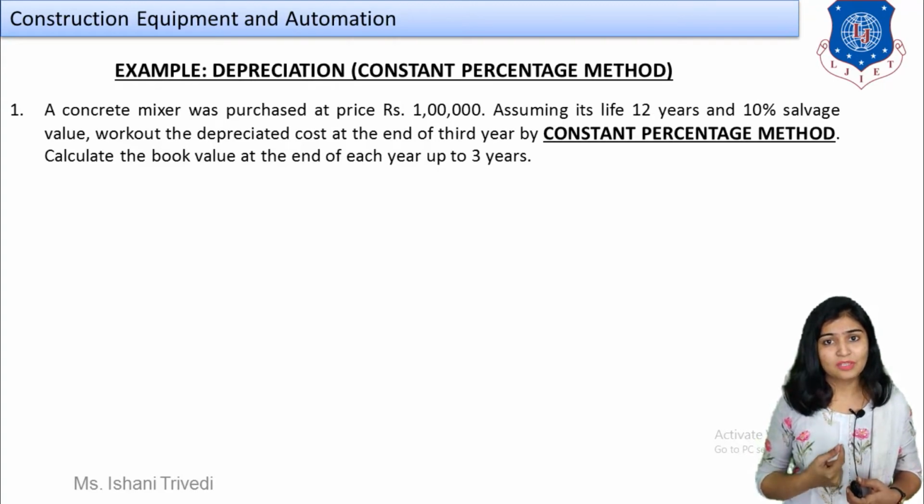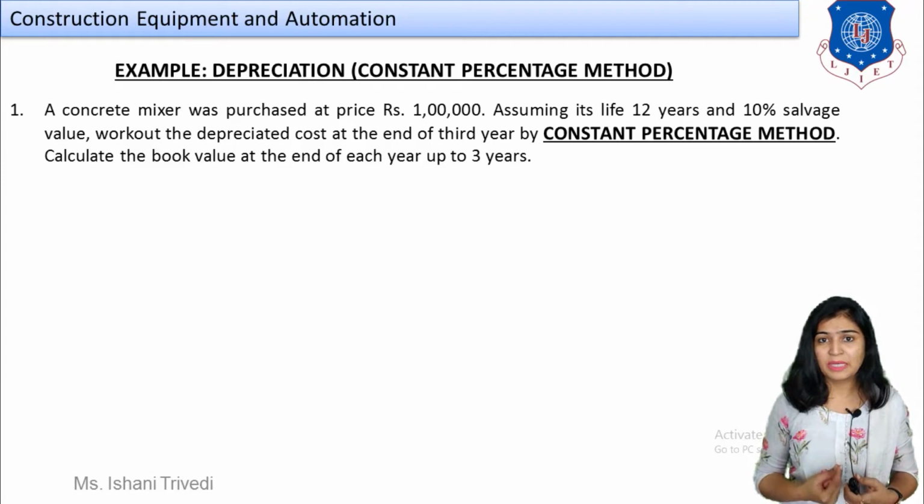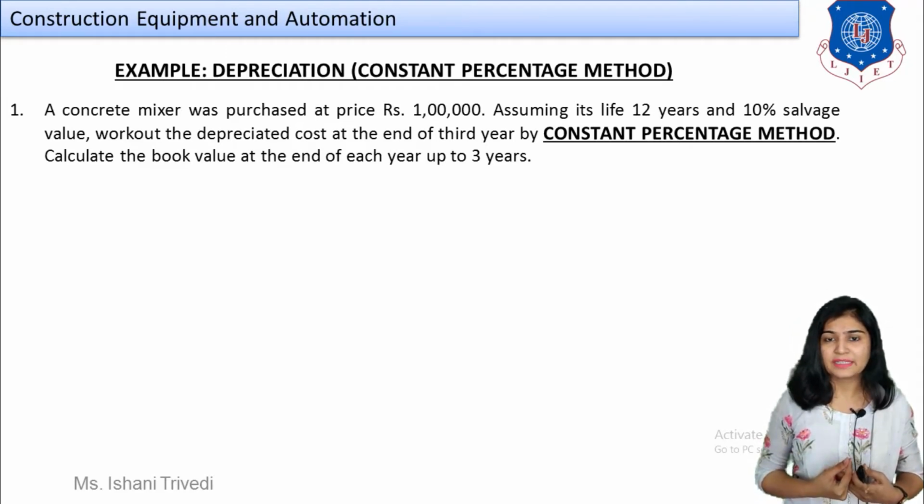So small n. Now students, I want you to take your notebook, pen and calculator. Before moving forward in this lecture, I want you to compulsorily write down the formula first, the constant percentage method formula, to find out the depreciation at the mth year. First of all, please write down the formula, and then we will continue with the example. So I want you to compulsorily write down and not just look at this video, right? Because it is not going to be helpful to you. So please take your notebook, pen and calculator and calculate along with me.